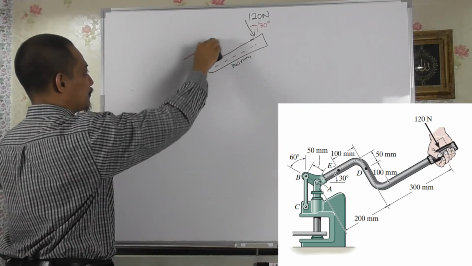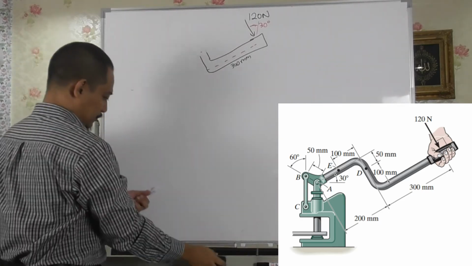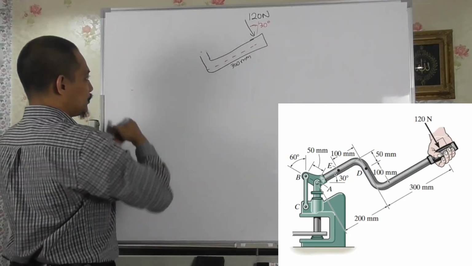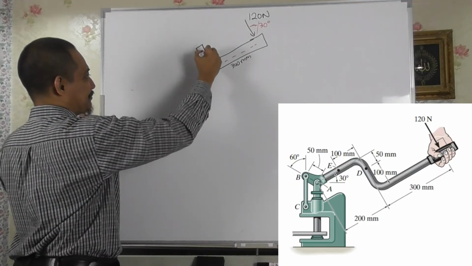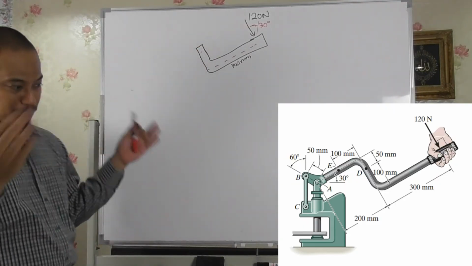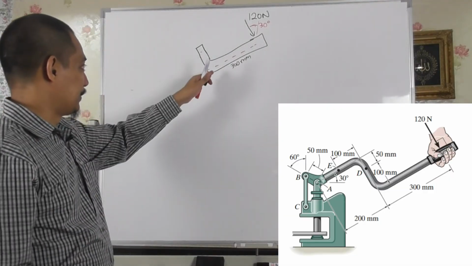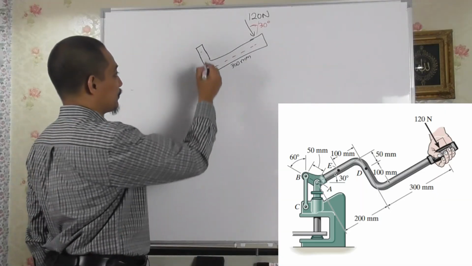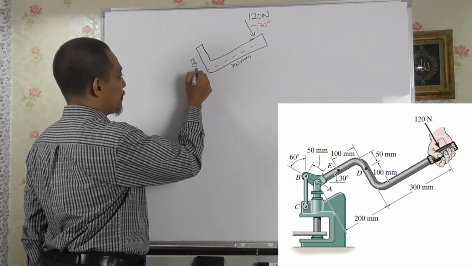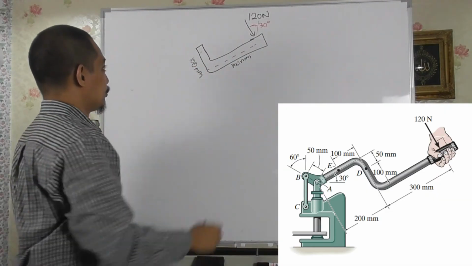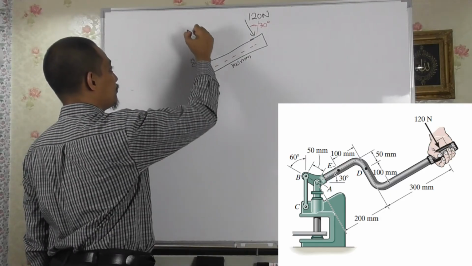So I'll straight away cut there using the same diagram. Obviously in the exam you cannot do this. You have to make a separate part, this is another part, and then redraw it, right? But anyway, this one will be like this, and then this is 100 millimeter, 100 millimeter. So you'll have normal there,